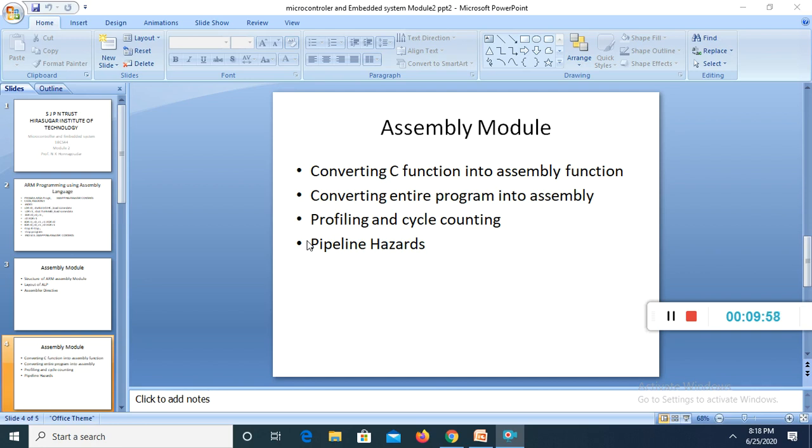Then converting the entire program, including main, into assembly language. Here also we can follow certain steps while writing the programs. Here we can use the IMPORT directive. The IMPORT directive is used to declare symbols that are defined in other files. The imported symbols